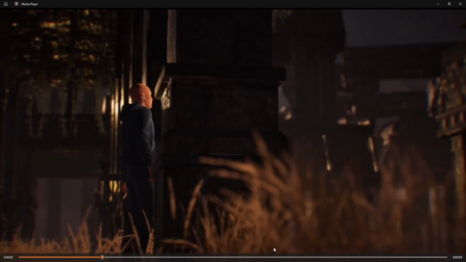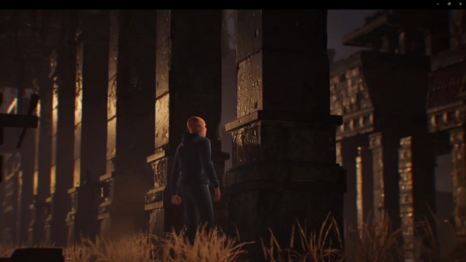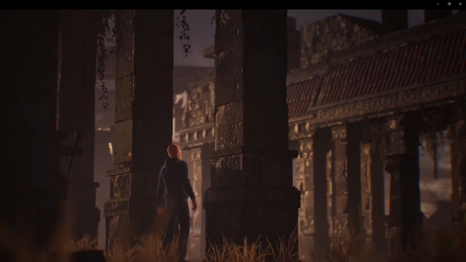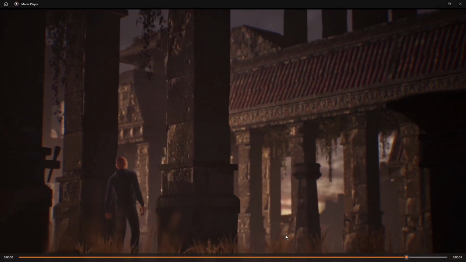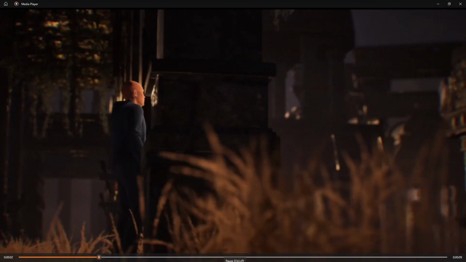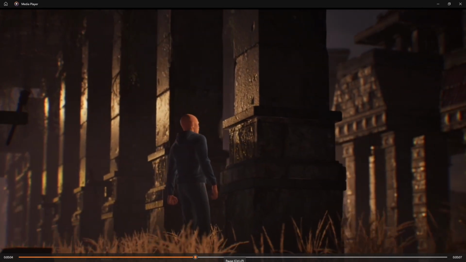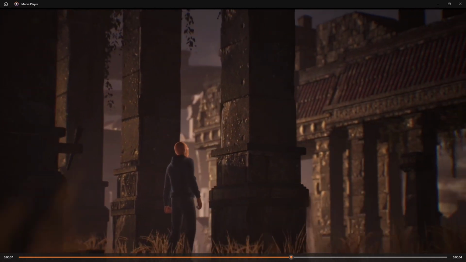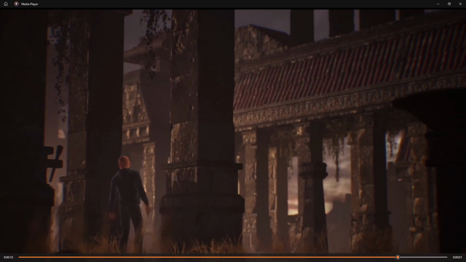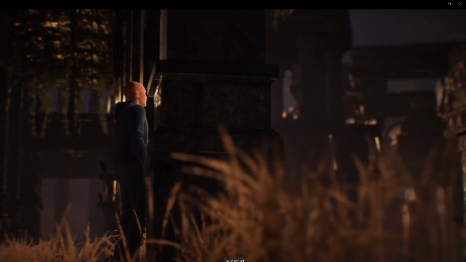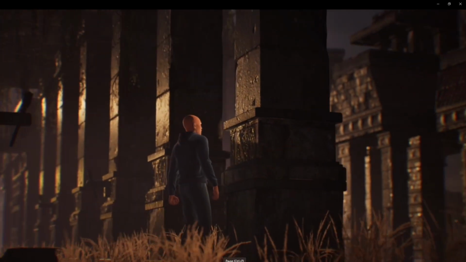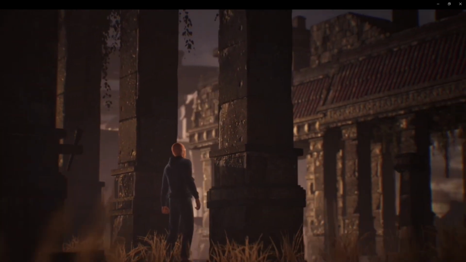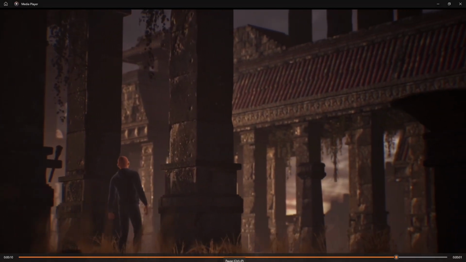It's a nice tracking shot looking back towards the subject, and we have the key light or the sunlight coming from upper screen left, and it's got this really nice quality hitting the columns of the temple and the walls and the ceiling and roof. And we're getting some nice rim lights on the subject.